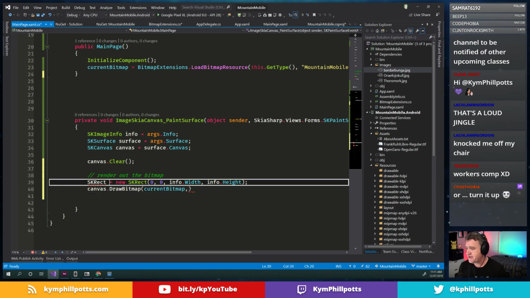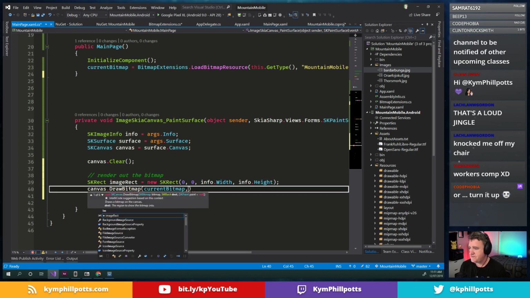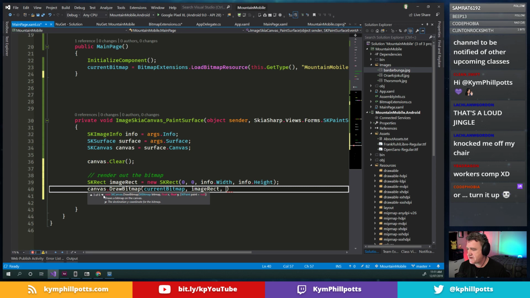Oh, got to give it a name first. The overload that we were after here is this one here, right? Because what we want to do is provide it with, we want to say it's centered, okay? And we want to have a stretch here. So we want to say